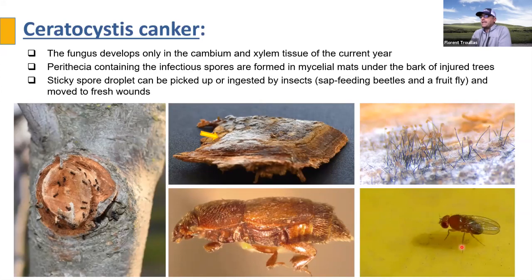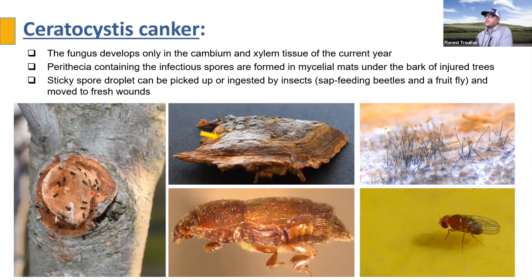So, differently from many other fungal canker diseases, Ceratocystis is quite unique because it moves around with insects. When the bark on the trunk is broken and the fungal infection occurs, the fungus will produce white mycelial mats behind the broken bark with fungal fruiting bodies that will form, and these fruiting bodies bear a little droplet at the tip that's ingested or picked up by a sap-feeding beetle or Drosophila fly and moved